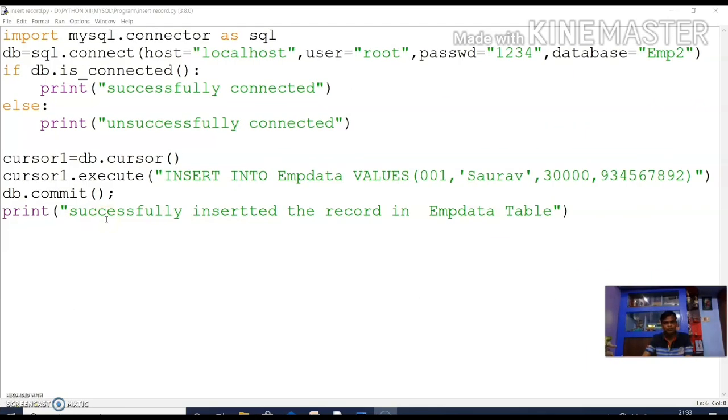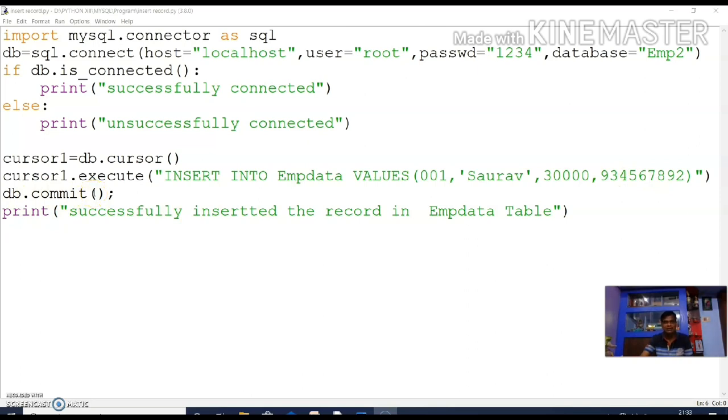Now you want to insert a record in that table. You pass the command insert into table name values. The first attribute is emp number, I am putting 001. Name is Saurabh, salary is 30,000 and the mobile number is this. I am writing the db.commit function. What is that commit function?